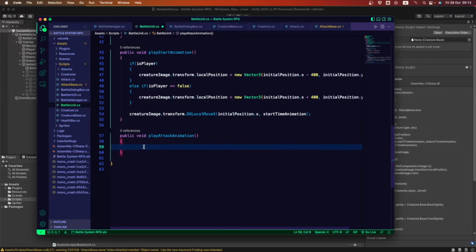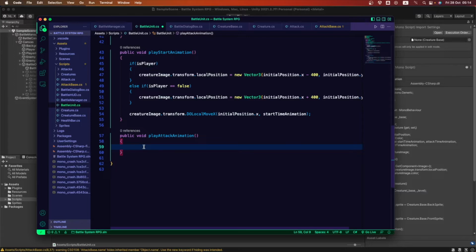Okay, so because the animation for the attack is gonna have a different animation, we're gonna be adding two sequences or two types of animations into the attack animation, and this is where the tween can create sequences of animations.